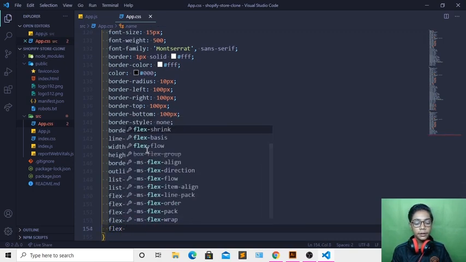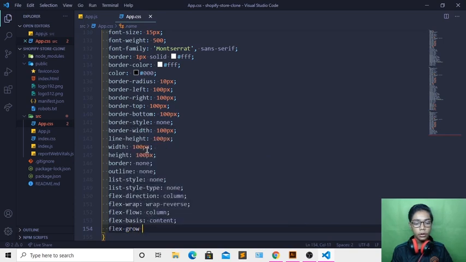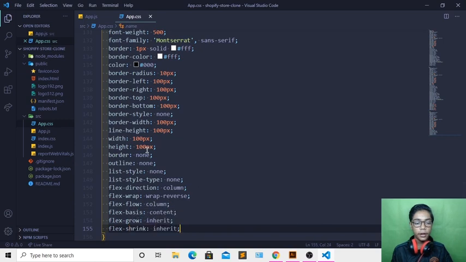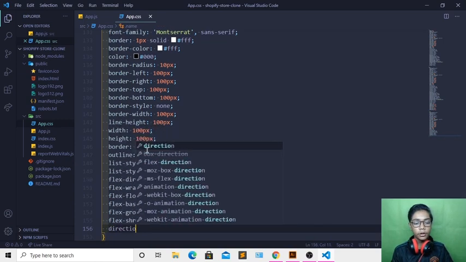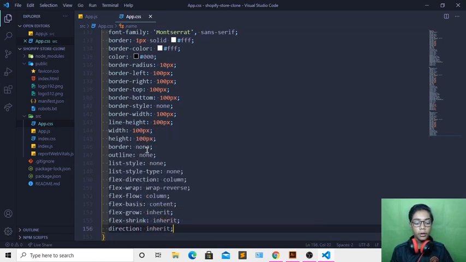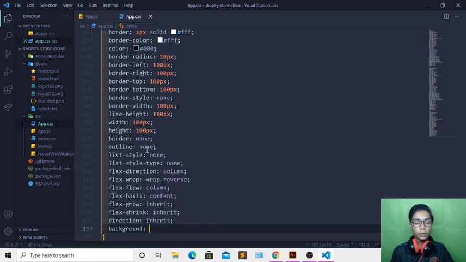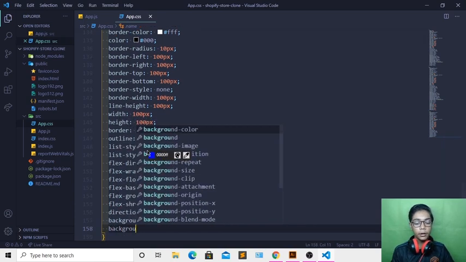Content, create flex, and I'll be changing that to flex grow. Inherit, then I will also be writing flex shrink. Inherit, create direction, which should be inherit here. Now I will also be writing background, which should be white, and create background color, which should be